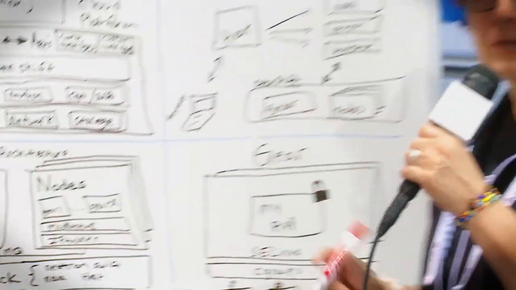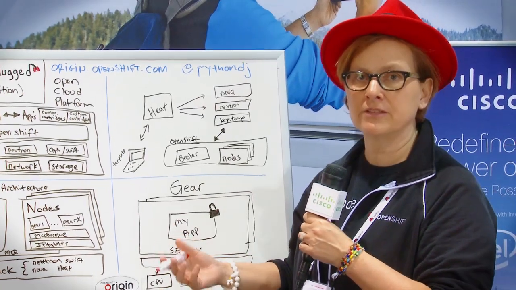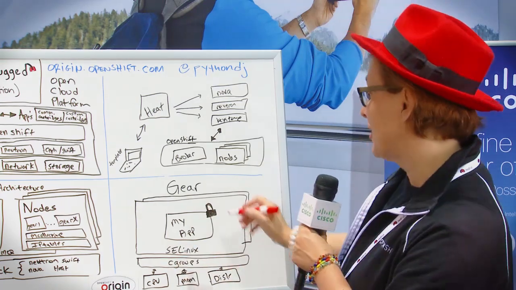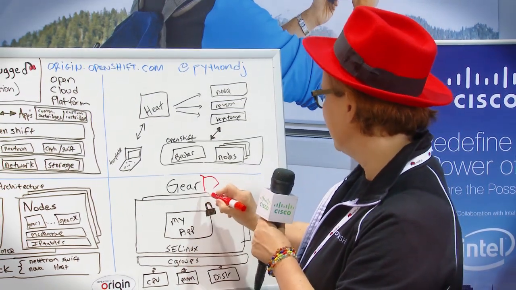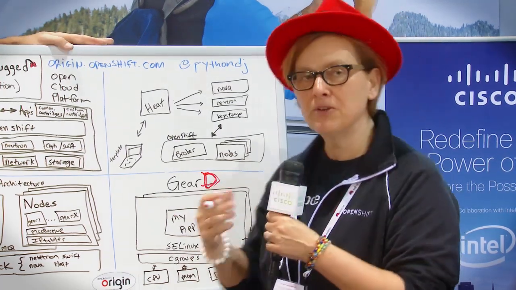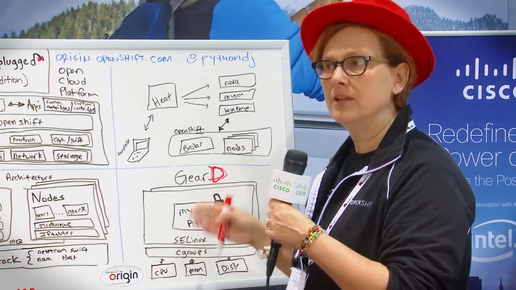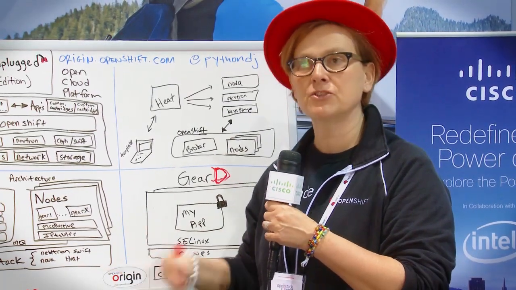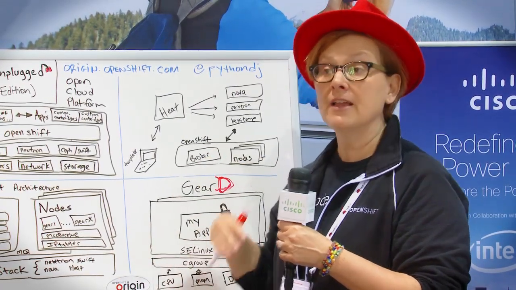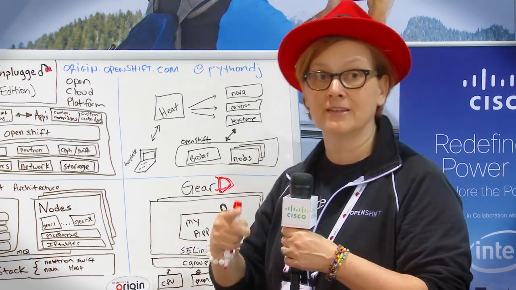All right. Well, the last quadrant is where all the excitement is happening. You may have heard about OpenShift Gears, where your applications are living and breathing, but for our next episode of Engineers Unplugged, I'm going to come back and talk all about something called Gear D. If you go on the OpenShift Origin site, openshift.com, you'll start reading all about Gear D, which is one of our pieces of the architecture that is helping us enable OpenShift to deploy Docker images at scale and integrate them and scale them and manage them in a real production enterprise environment. So I think that's what the next episode is.